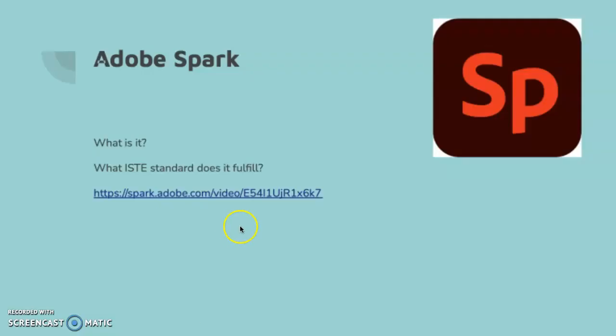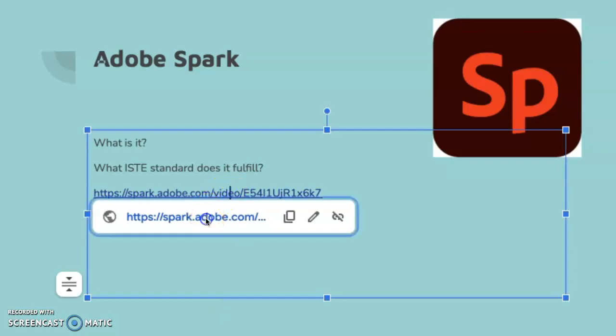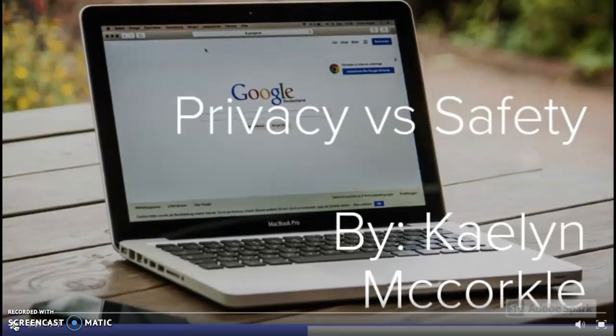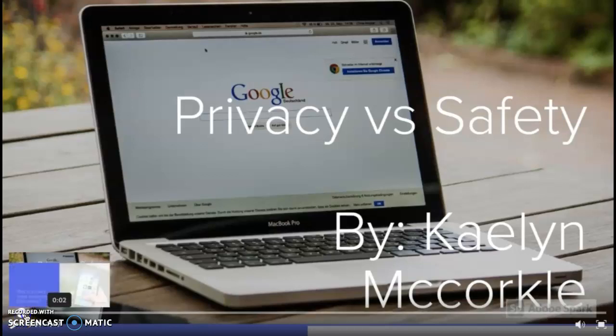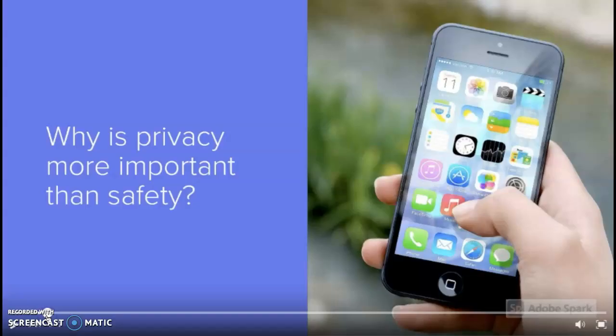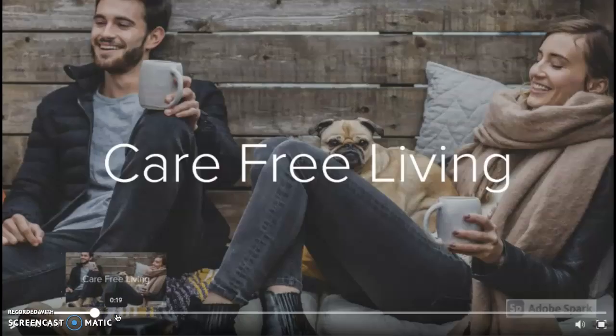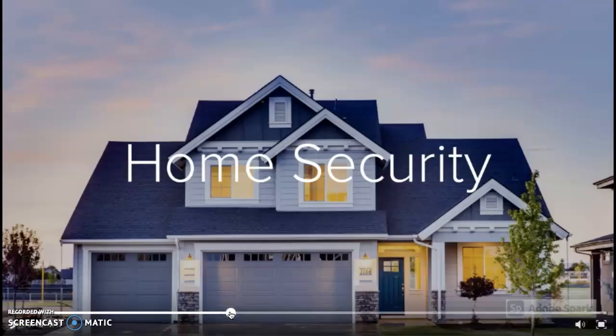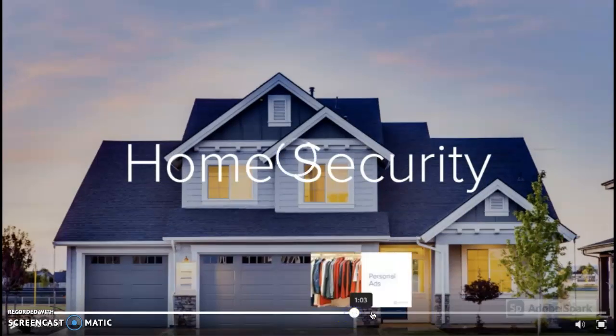First up is Adobe Spark. What is it? Adobe Spark is a tool that is fairly easy to use and get your point across quickly with a PowerPoint presentation. Spark limits your character count and picture text placement because it is supposed to be very simple and easy to use. It's meant to be spoken over and explained through speech, which explains the limited amount of